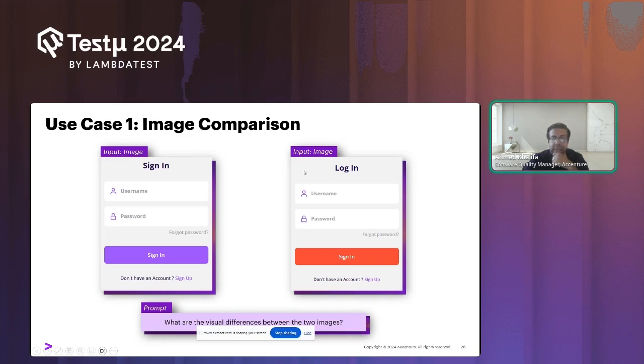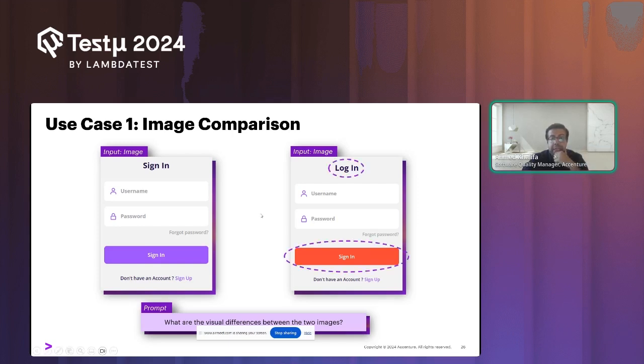It doesn't understand that this difference is in the header. It doesn't understand what this is in general. So it's just giving you the visual differences, but without understanding. And this is the thing that a large language model is able to do. It's able to do reasoning, it's able to understand, and this gives you a lot of capabilities that you could